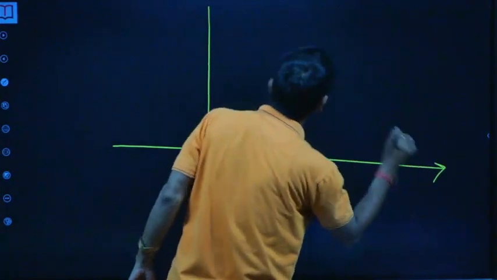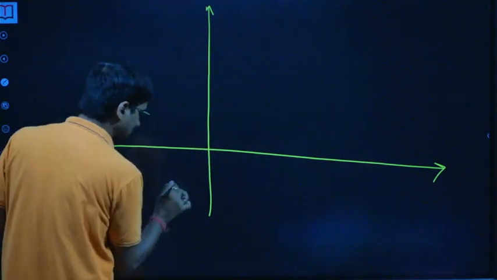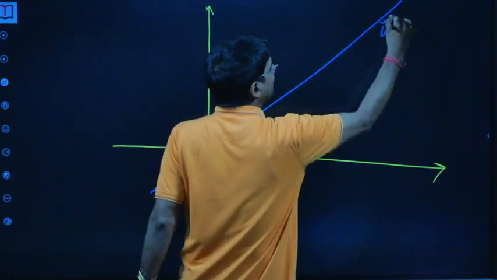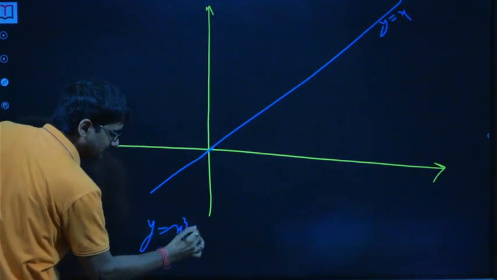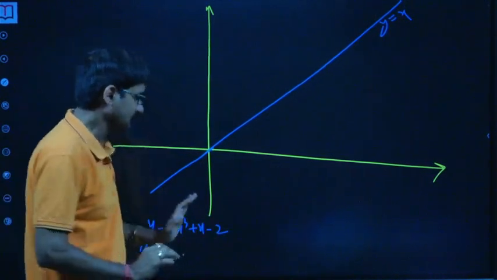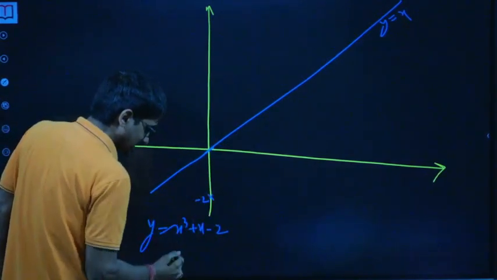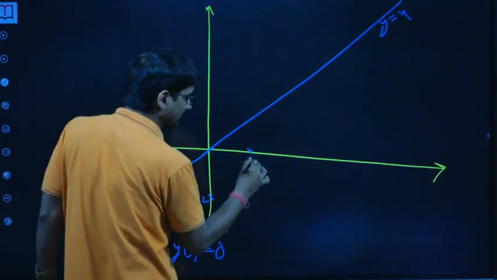So see, how did I try it? I've already solved this question because I got it as a doubt, so I did it I think a few days back. See how I approached. y is equal to x cube plus x minus 2. Okay, at x is equal to 0, it's minus 2. y of 1 is 0. Okay, so one root is 1.